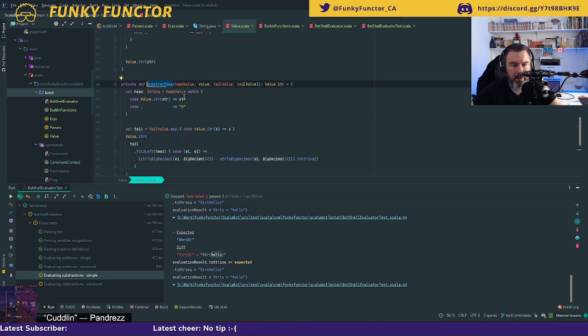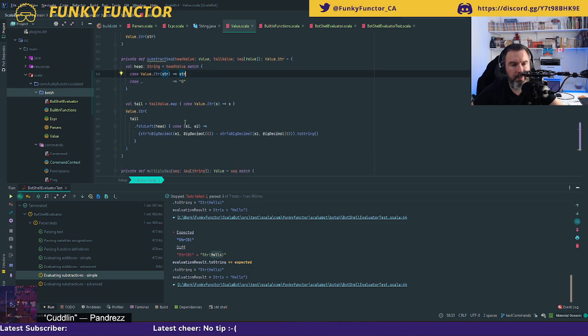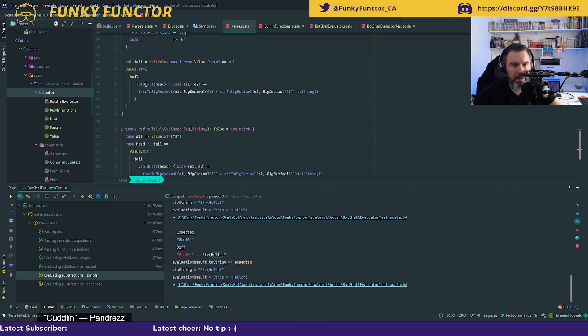So if I have head value match value string, okay, so that gives me that, and fold left. So if str to big decimal, so that is interesting.